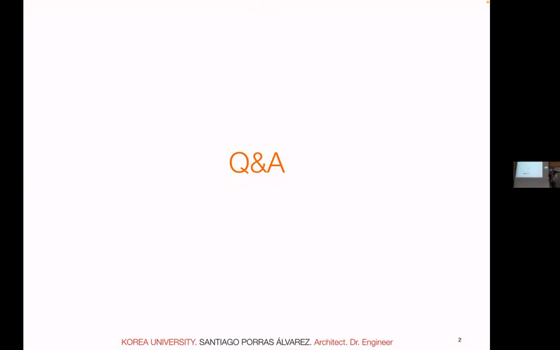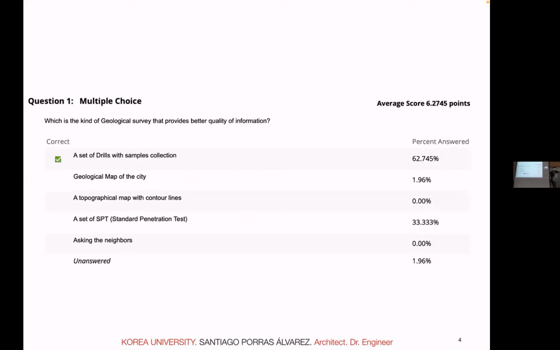So let's restart. One of the most requested things was to explain the last assignment on Blackboard. And this is the base for today's review, also getting some of your previous questions. So let's start point by point and start from the ground. We had two questions related to the ground. One is about the geological surveys.